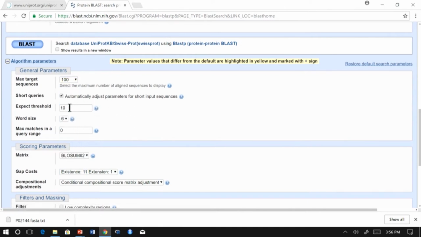Further, there is an expect threshold, which is nothing but the limit for the E value. Every sequence that is aligned with your query sequence will have an E value, and this E value is the expected number of sequences which have a score greater than or equal to the score of that particular sequence. If you want a very good match with your sequence, you can restrict the expect threshold. For example, I am going to restrict it to 10⁻⁴,